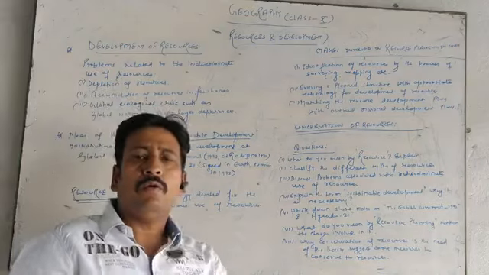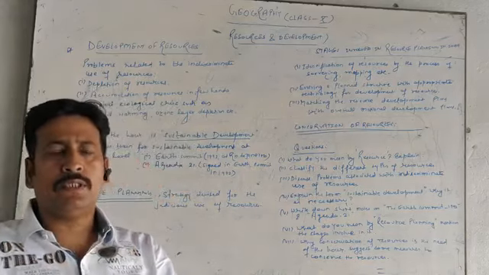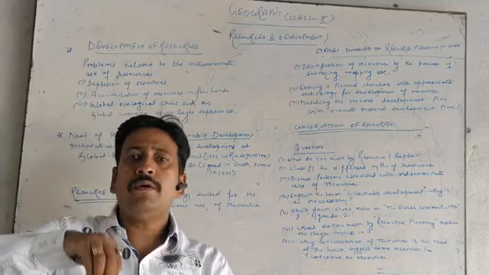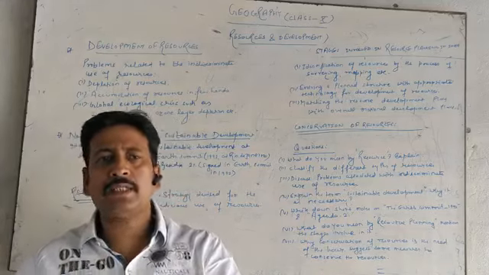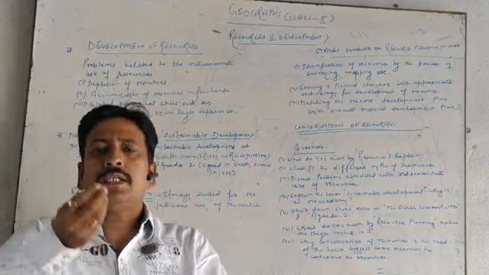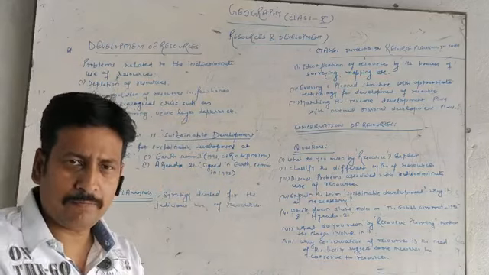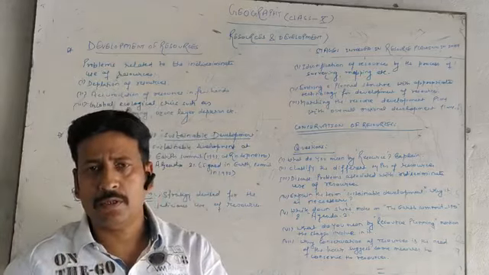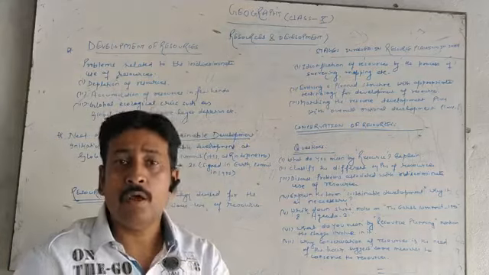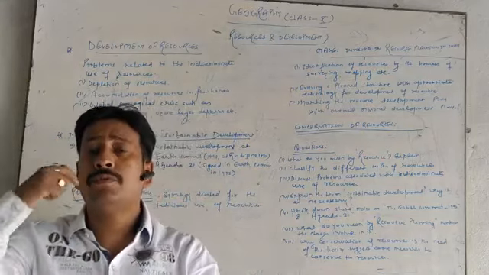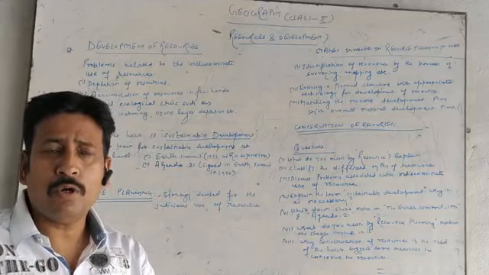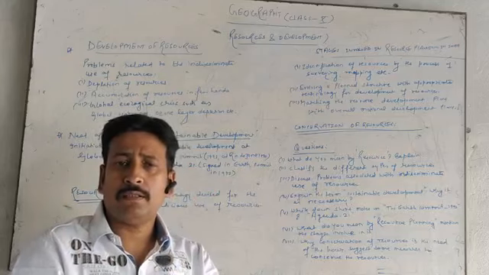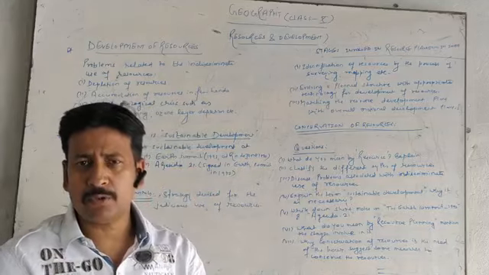Now see, what happens, we assume resources as a free gift of nature. The problem is that whenever we assume anything as a free gift of nature, we start using it indiscriminately. Indiscriminately means without thinking about its pros and cons, whether it is going to benefit us or our future generation as well. So as a result of indiscriminate use of resources, many problems arise in our society.